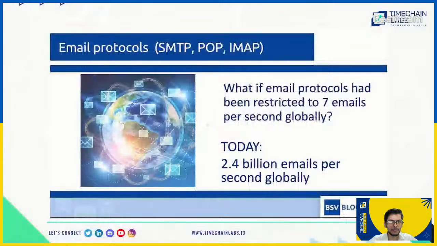It's very simple. If you restrict the email protocol to have only 1 MB of emails globally in 10 minutes, obviously the email protocol will also not scale, even though it's made as a peer-to-peer scalable distributed protocol. This is exactly what has happened with Bitcoin Core in its original form as well, and now restored by BSV. Today, we have the internet forming with email being the central point of contact and even an identity system where 2.4 billion emails per second are happening globally. We need that kind of a scale to achieve the vision of Web3.